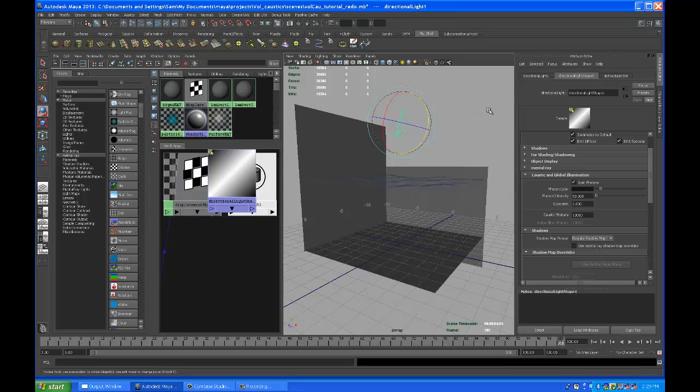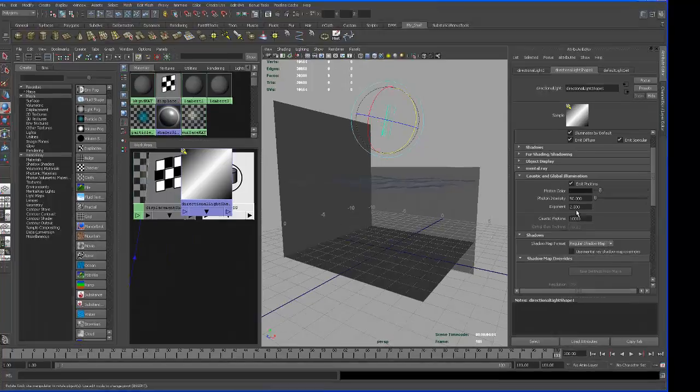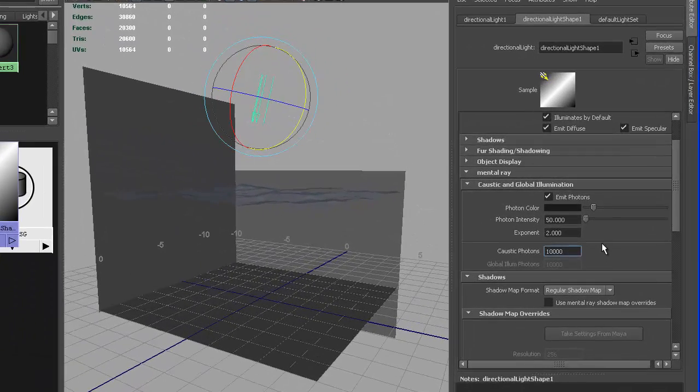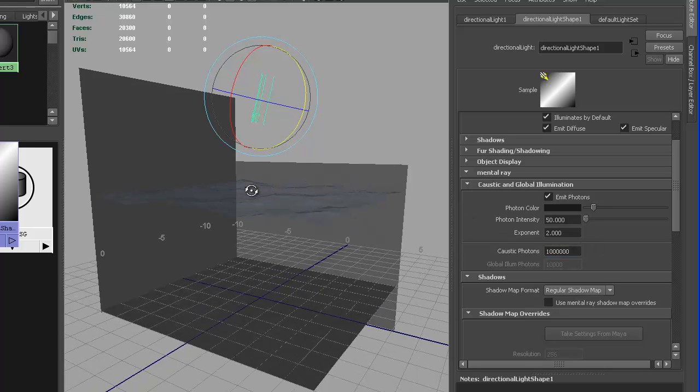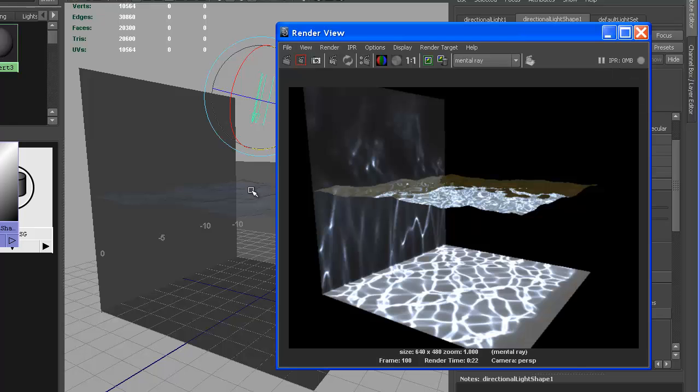Okay, let's go ahead and do a render here, and what we'll do is increase the caustic photons from 10,000 to 1 million, so we can get a decent quality here. I'll pause the video while I render this. Okay, we're back, and you can see the rendering here took about 22 seconds, and we're getting very nice refractive